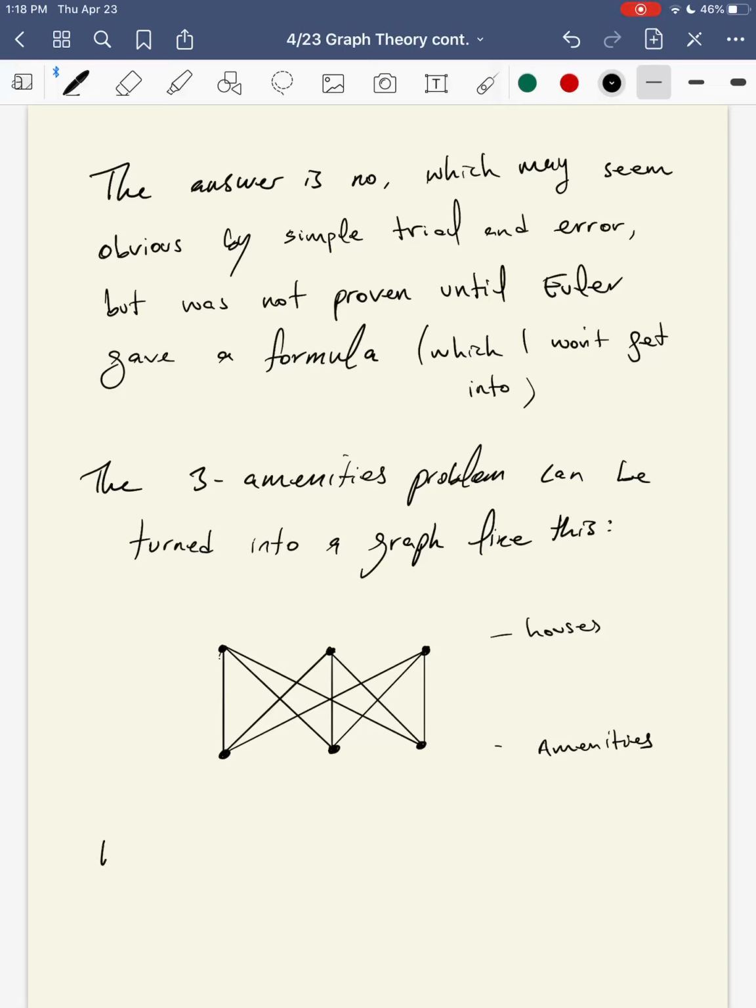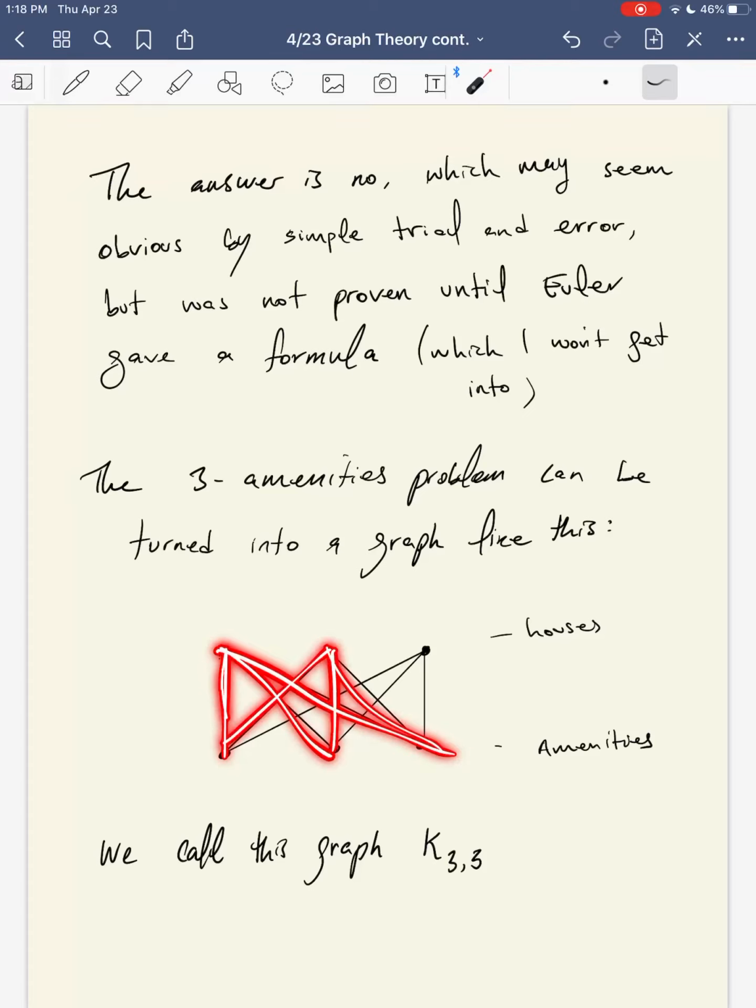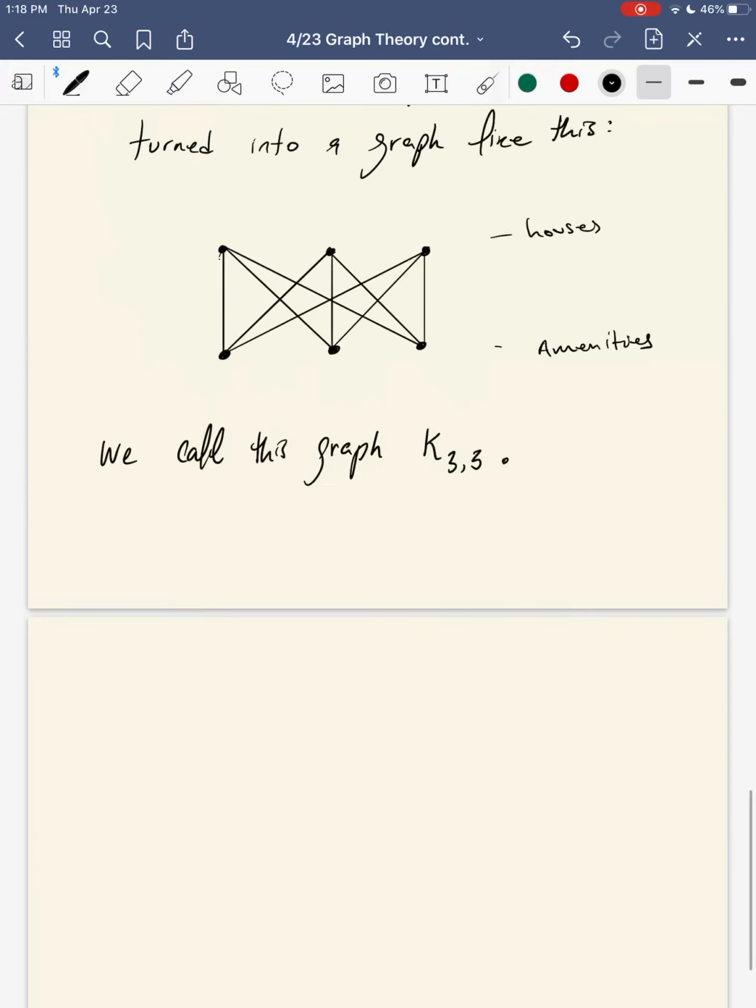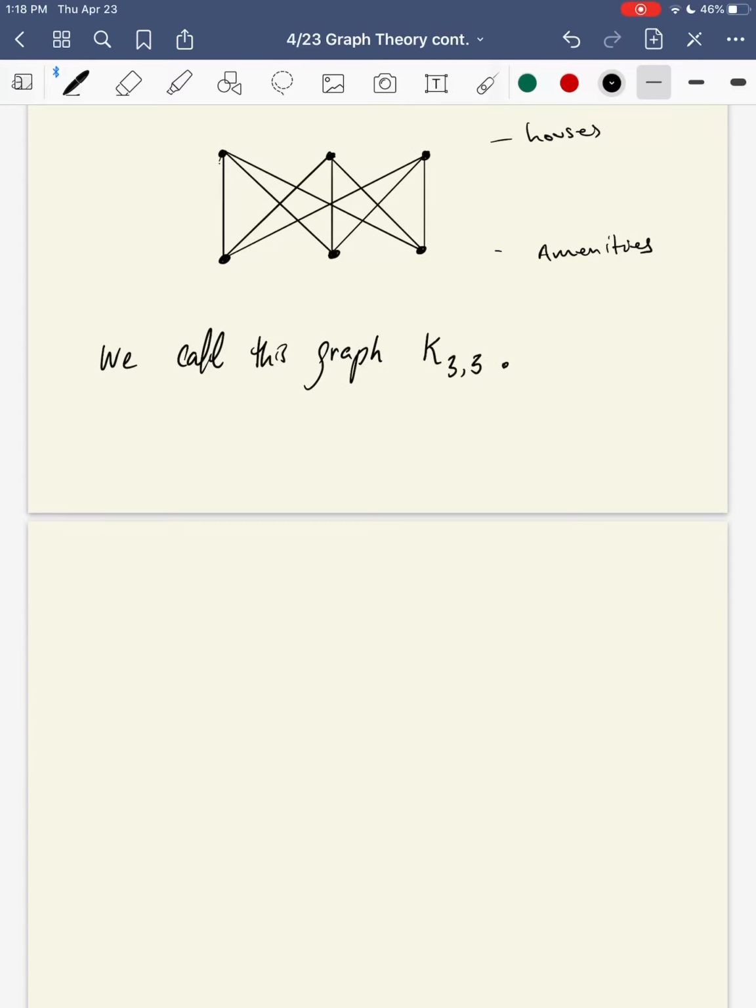So we call this graph K3,3. The 3s stand for the number of vertices, the number of amenities, 3 amenities, and 3 houses. And the K stands for complete in German, which basically says we draw all of the edges between them. And we have a theorem, so we call this graph K3,3. What other non-planar graphs exist? We have a cool theorem